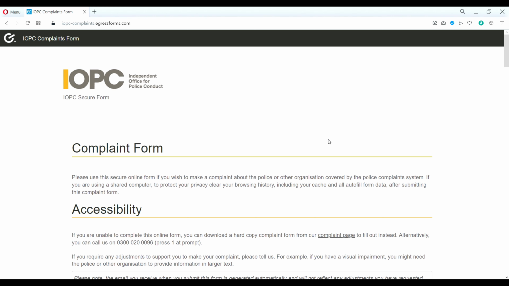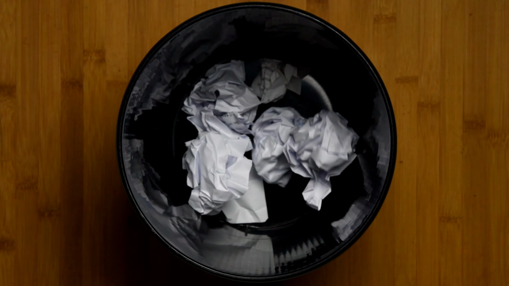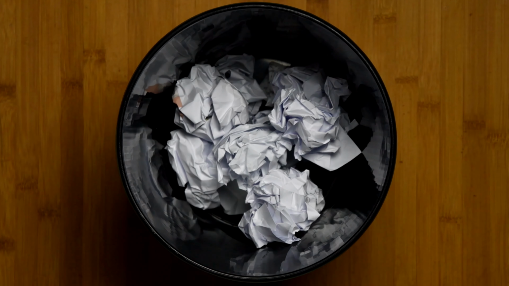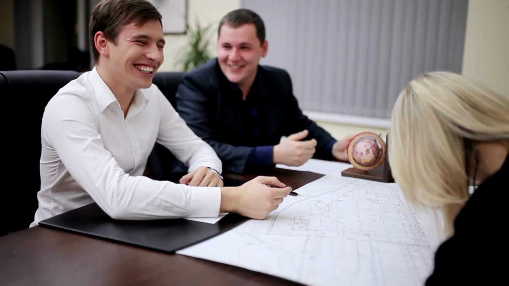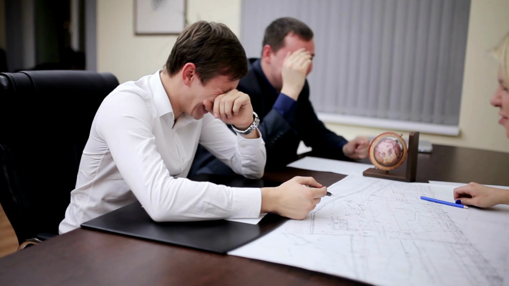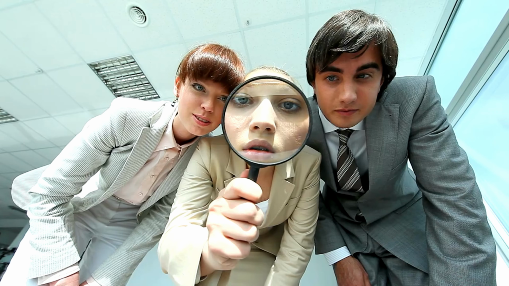So once the complaint is submitted, it goes to the police force and they will hopefully acknowledge it. They generally, or should, send you an email or letter confirming that they've received the complaint. They'll sympathise with you, of course, how you've had to use the complaints process, and they'll tell you that they will do their best to look into it. Take that with a pinch of salt, because they won't,